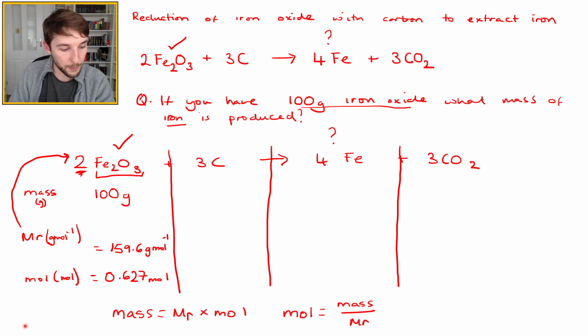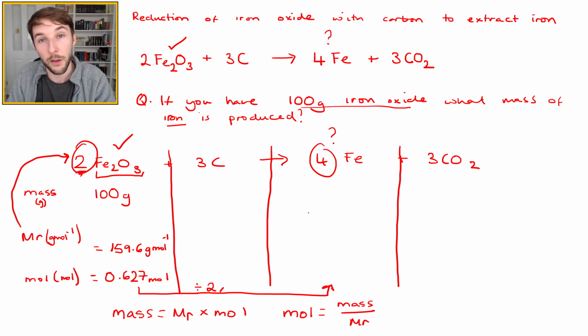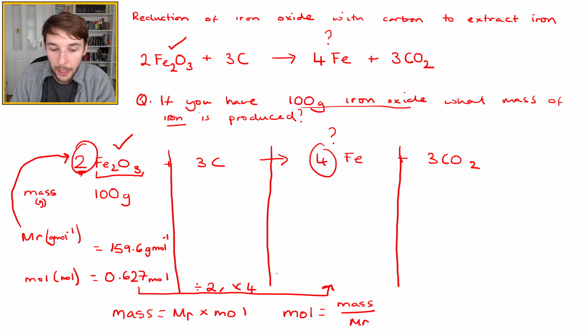So what I'm going to do now is transfer this mole value across, grab my pen again. So I'm going to take this number, and I'm going to first divide it by the coefficient in its own column. So that's a 2. So I'm going to divide by 2. And then I'm going to multiply by the coefficient in the column that I'm trying to get to. So then I'm going to times by 4. Now, dividing by 2 and then timesing by 4 arguably is just the same as timesing by 2, right? But I teach it in this sort of really fundamental way, such that if you haven't got numbers that easily fit into one another like we've got here, then that method is